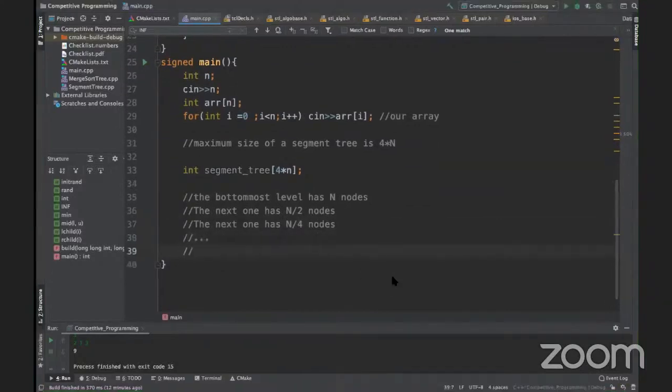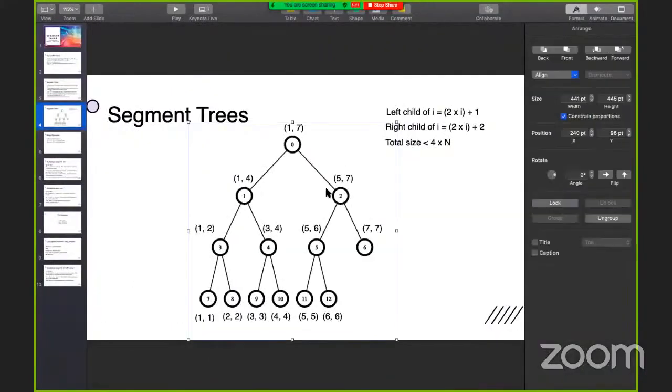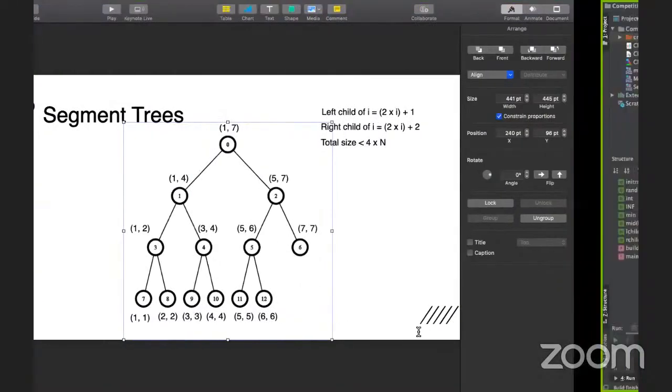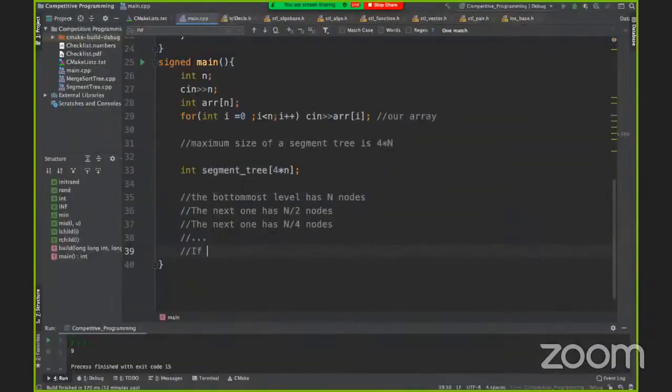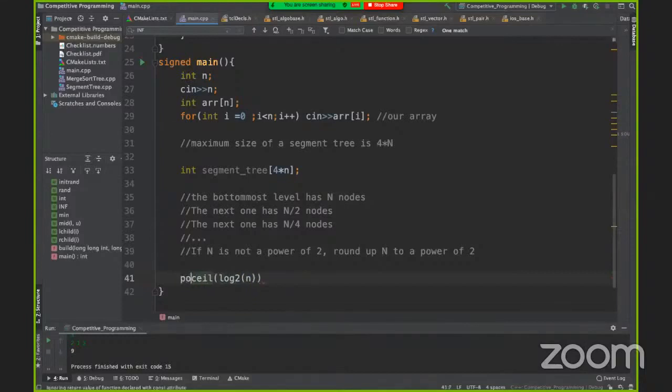Now, there's a pretty exact number you can get. The way to do this is to imagine the segment tree is a complete tree. So if n is not a power of 2, then round up n to a power of 2. The way to do this is we can do ceil of log 2 n, and then take 2 to the power of that.